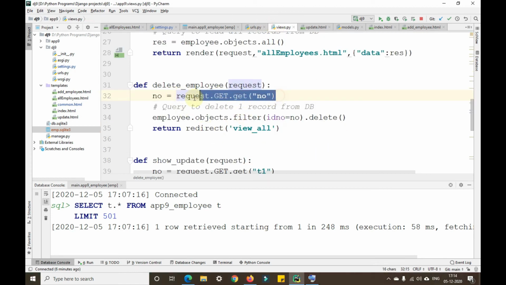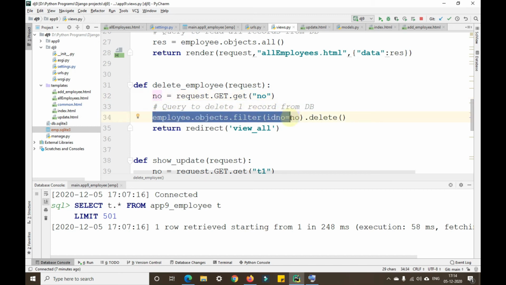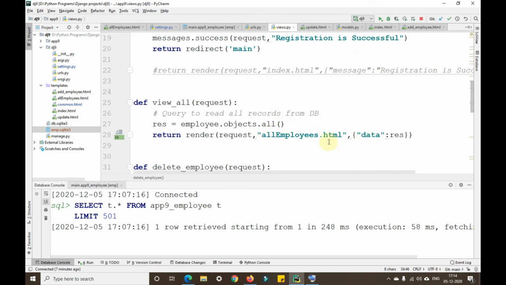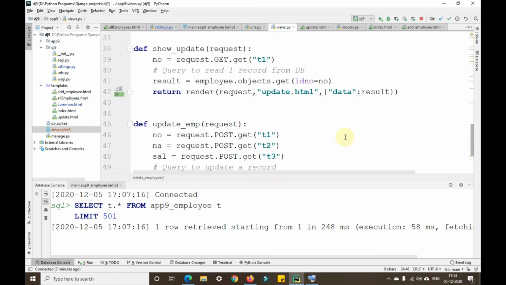I'm fetching this particular number and assigning it to the local variable number. Then I'm checking if that number is available in the database. If it is available, I ask the system to delete it and redirect me to this viewAll function. The viewAll function shows us the data that is available in the database.